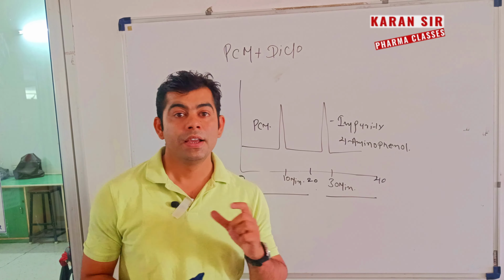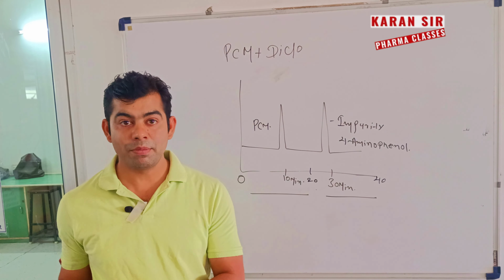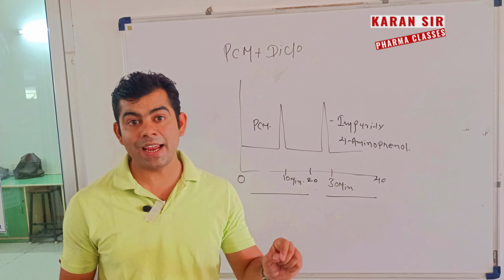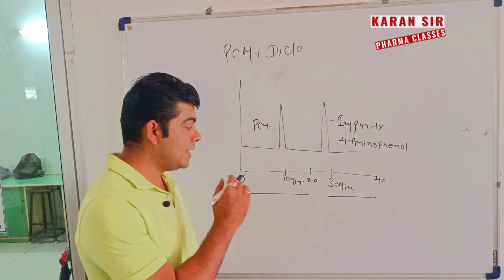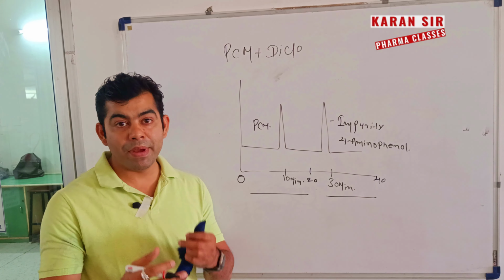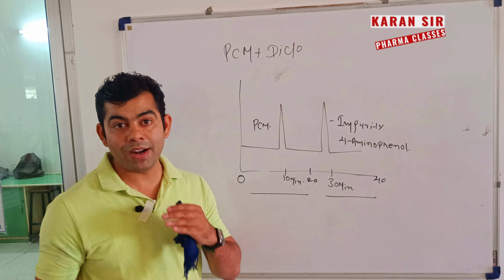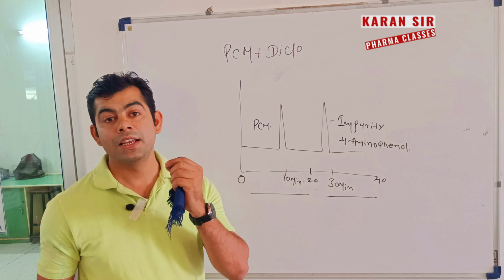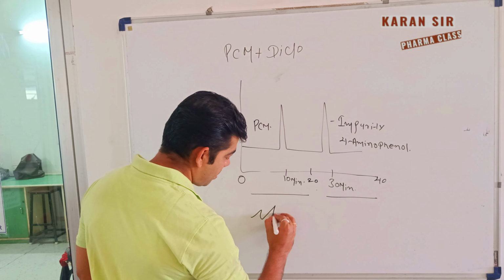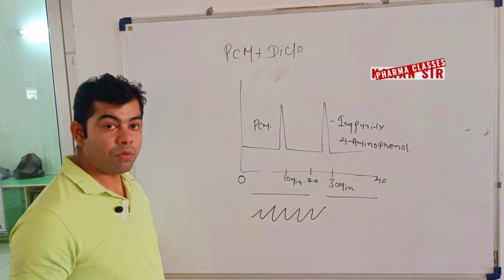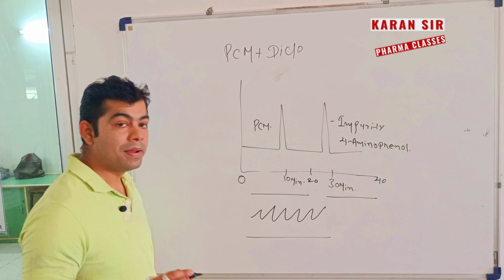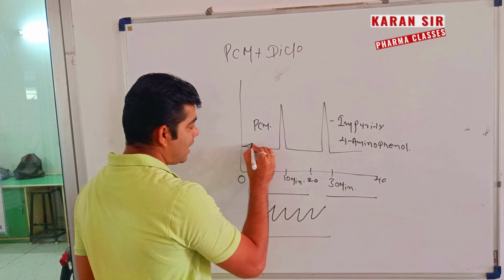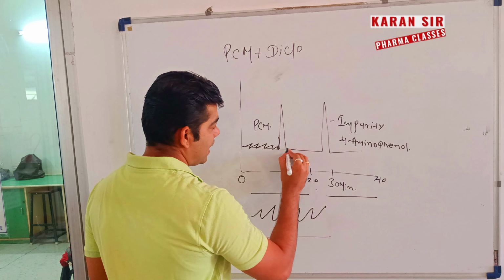That's why gradient mode is used as compared to isocratic mode. But isocratic mode is also very important because I get a straight baseline in isocratic mode. In gradient mode, the degasser first mixes the solvent and then pumps, mix the solvent and pump, so a little fluctuation is observed in gradient mode. That's why we do not get a straight line, we get this type of zigzag in gradient mode. This is our graph, and it is straight in isocratic mode, but in gradient mode the graph is like that, a peak and then a fluctuation like that.